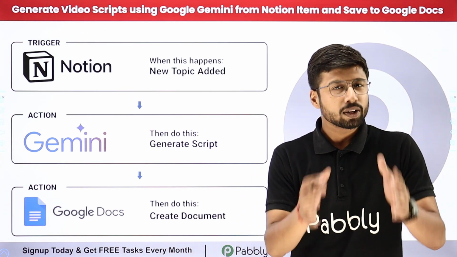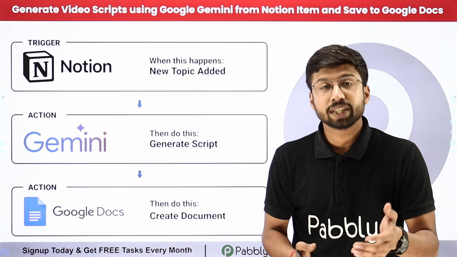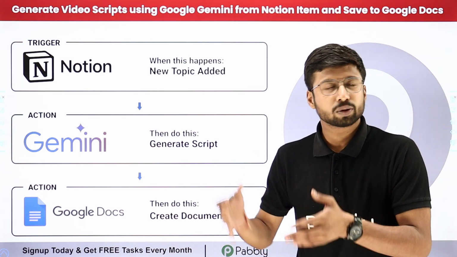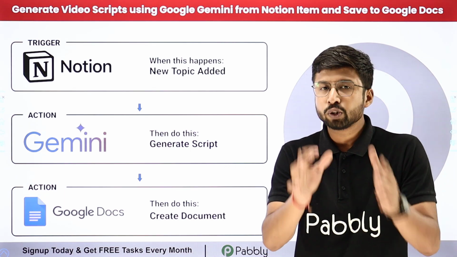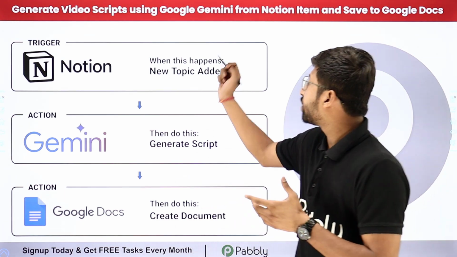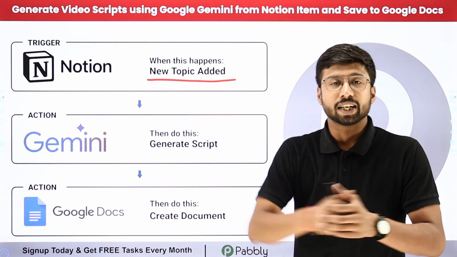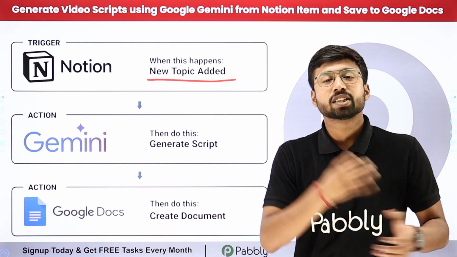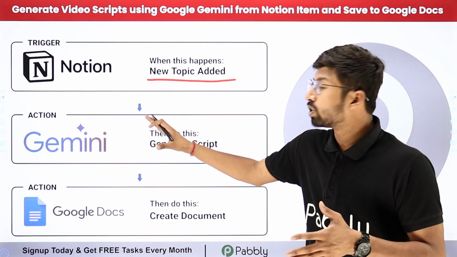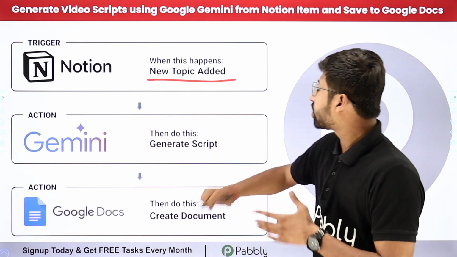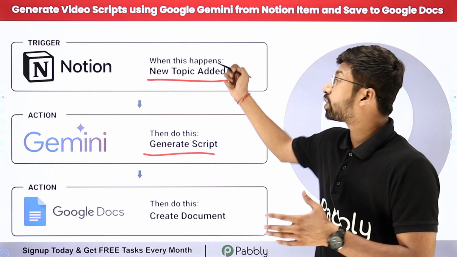Google Docs. Now let's say you're using Notion to manage your day-to-day tasks and your content for social media, YouTube or video creation as well. So using this automation, you just have to enter the topic of the video in your Notion database as an item. And as we add the topic and some description of what kind of video we are creating, using AI platforms like Google Gemini, automatically you can generate a draft script, a rough script for the same topic which you